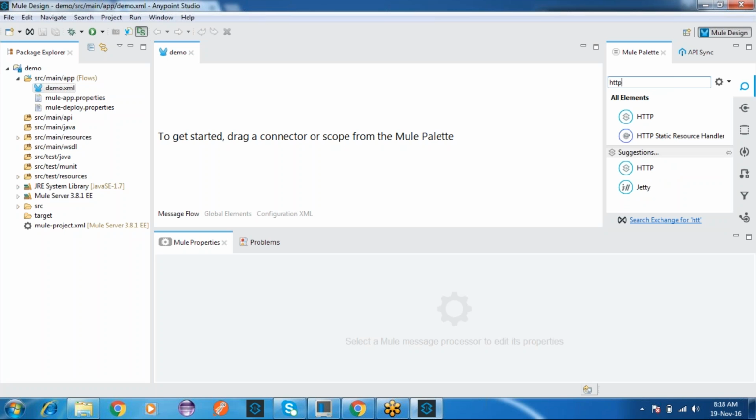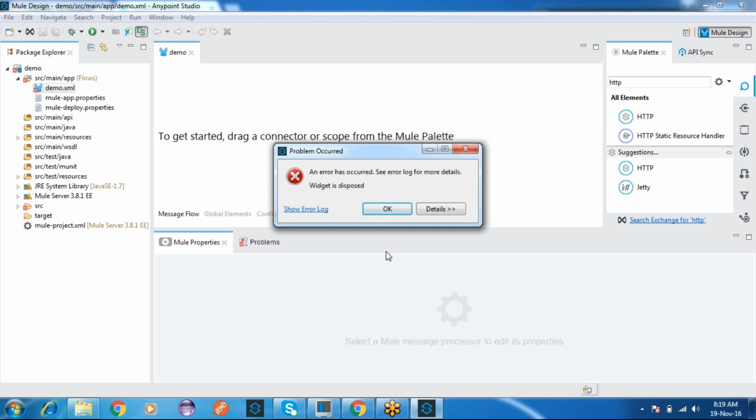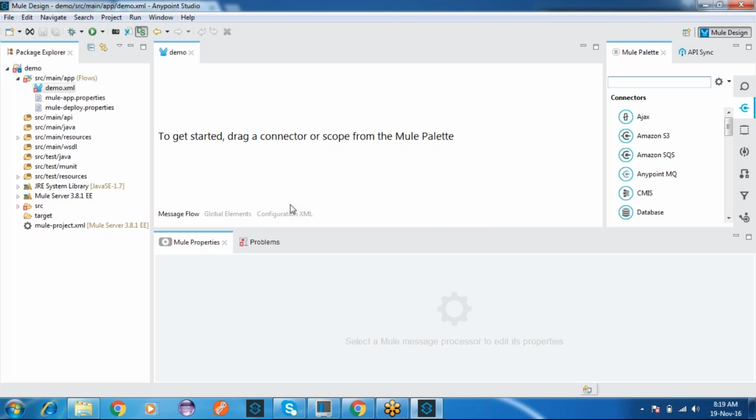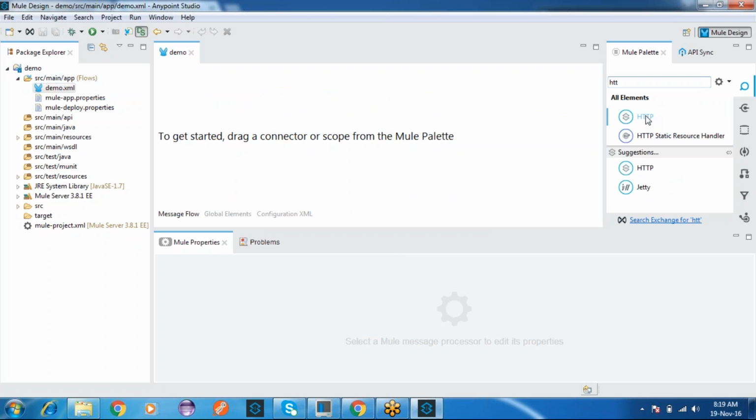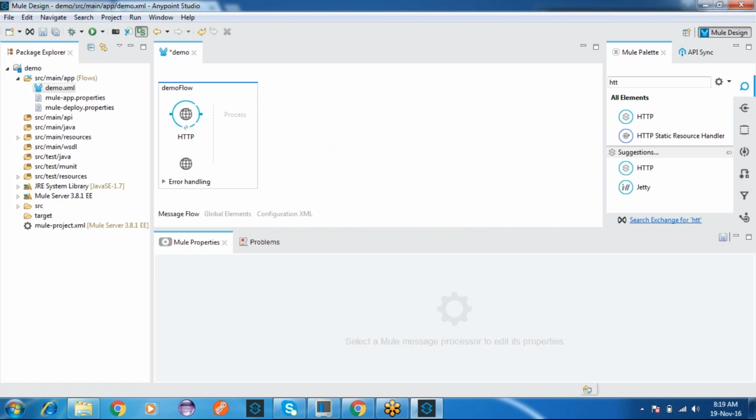Let's take HTTP. Drag HTTP. In the ESB world, middleware, we may need to open a lot of channels to the